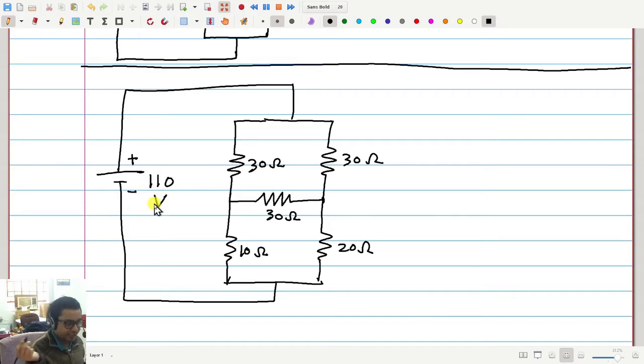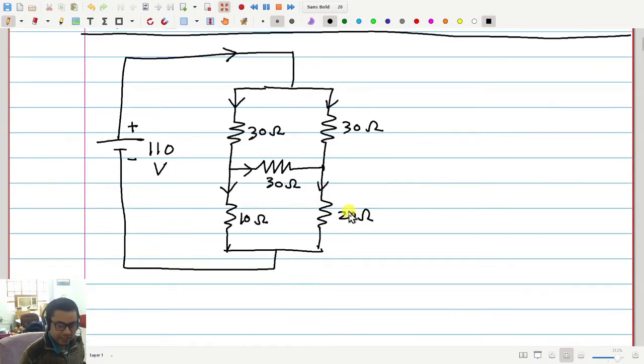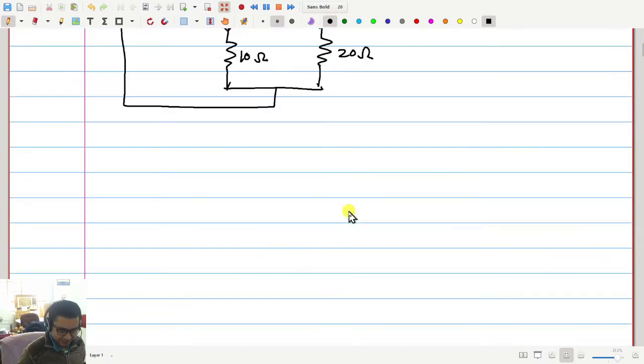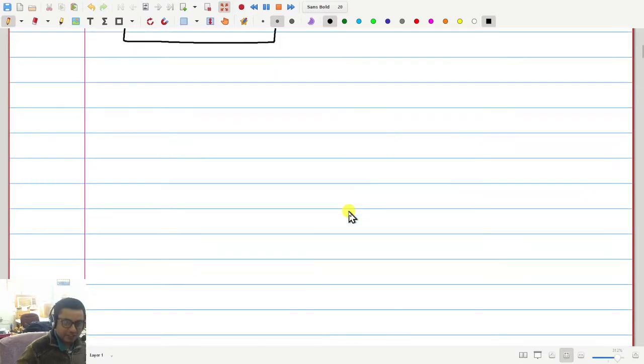Now again the question is the same. Solve the circuit, find out all the currents: how much is the current here, here, here, here, everywhere. So how will you do it? This is not very easy to do, I guess. So let me tell you how to solve this problem. There is a trick: delta star conversion.